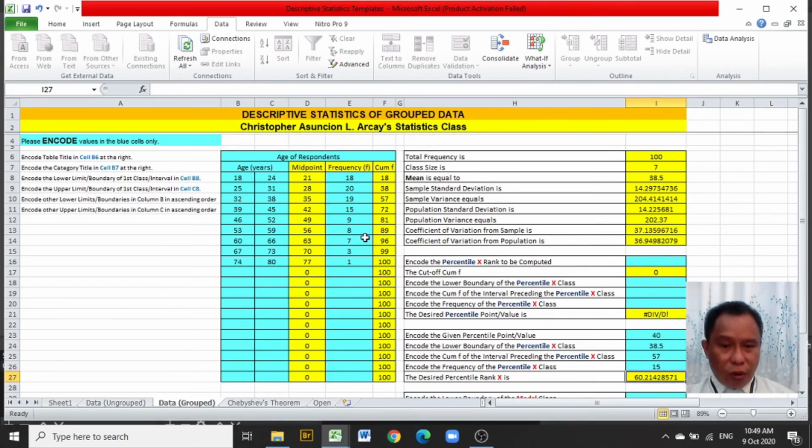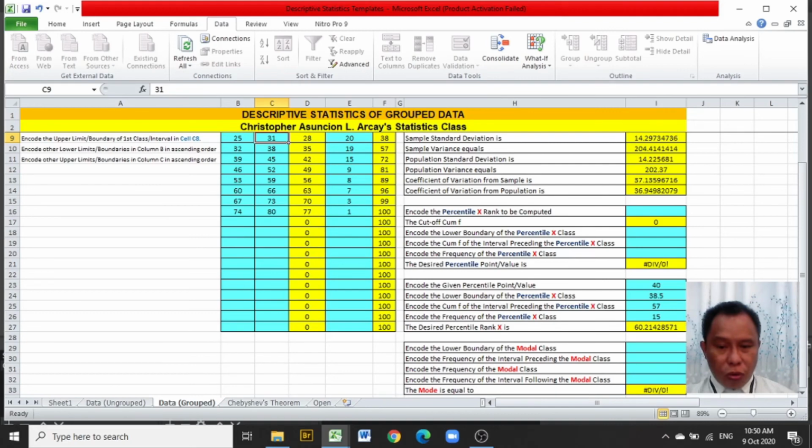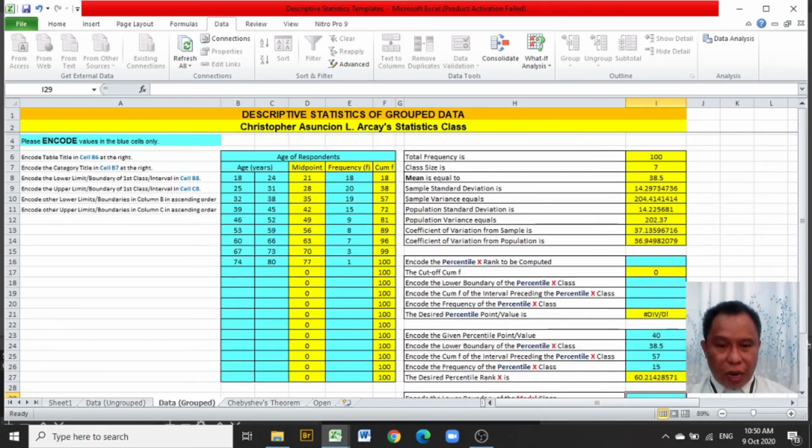The highest frequency here is 20, and the interval that has it is 25 to 31. So, since we compute the mode, encode the lower boundary of the modal class. The modal class is 25 to 31. Its lower boundary is